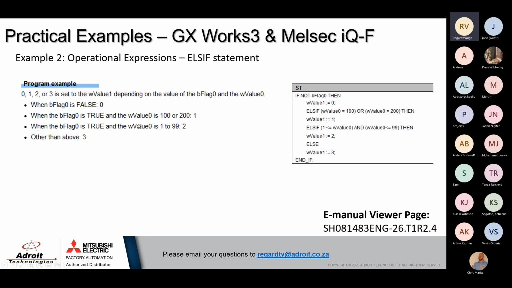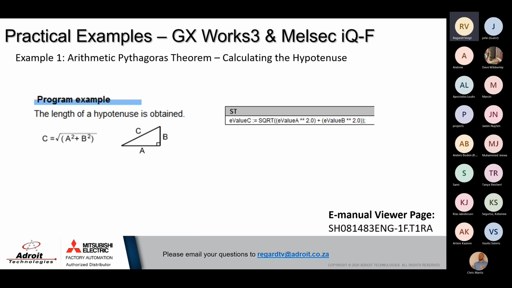Okay, and then what it will do is it would control your value 1, based on your value 0, based on decimal values. So if your value 0 is between 100 and 200, then you have a 1 stored in your value 1. In this case, it would be this execution instruction. So this part here between the ELSIF and then would be your conditional instruction as well. Okay, so if we execute this in a PLC program,